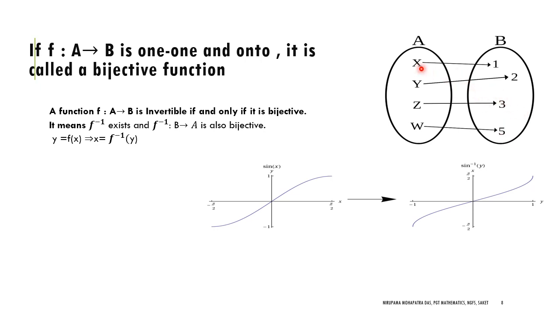Okay, that is one condition, and of course the one-one onto condition should be satisfied. The function f from A to B is invertible if and only if it is bijective. So every bijective function is invertible, and every invertible function should be bijective also. Whenever we say invertible function, like an invertible matrix where the inverse of the matrix exists, invertible function means f inverse exists.